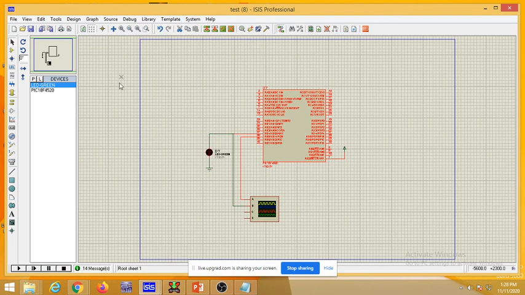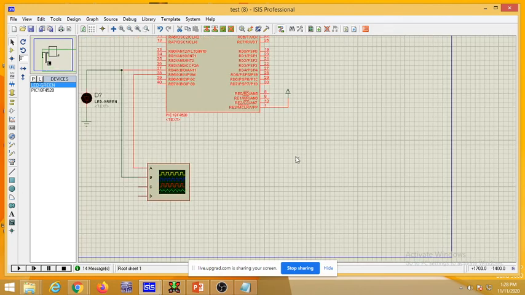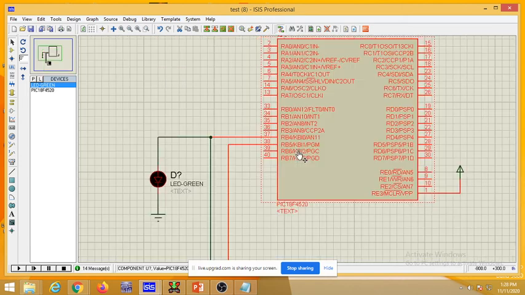Now this is the design here. Just see, this is your PIC microcontroller, the PIC 18F4520. And we are considering two pins, RB4 and RB5. These two pins are connected to the CRO, and one of the pins is connected to an LED. A square wave is nothing but on and off, and we can show that on the LED also.